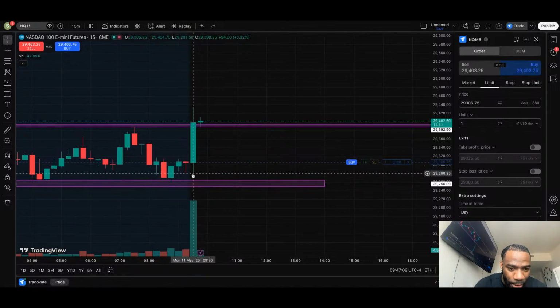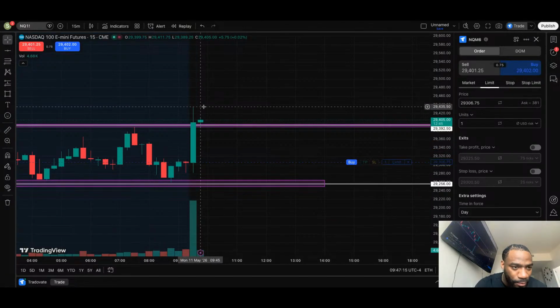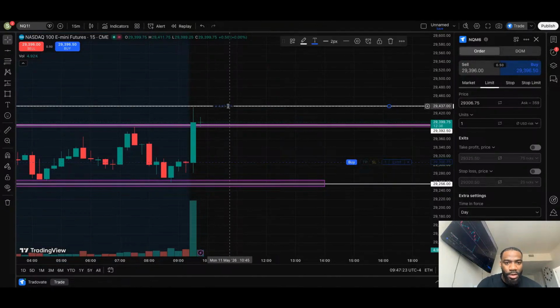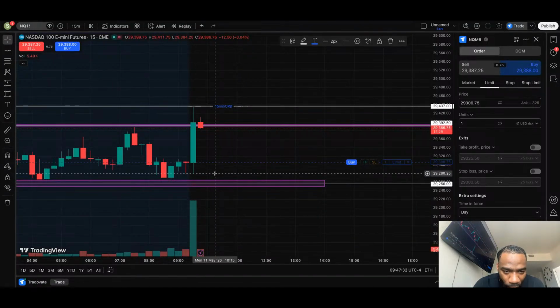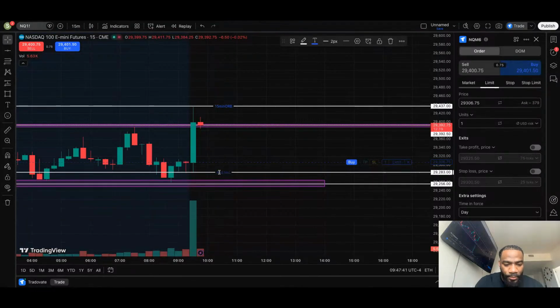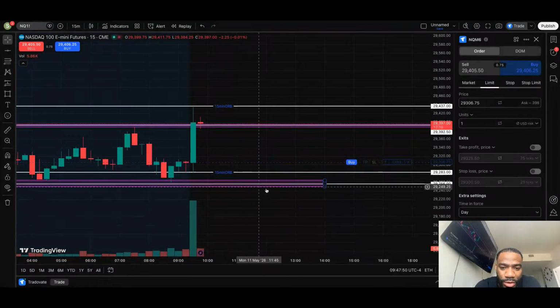So basically the market opened up here, and in the first 15 minutes, it went from here to up here. So I'm gonna mark those off. Keep this simple. This is what you'll call the 15-minute opening range break. And on the other end of it, same thing, 15-minute opening range break.